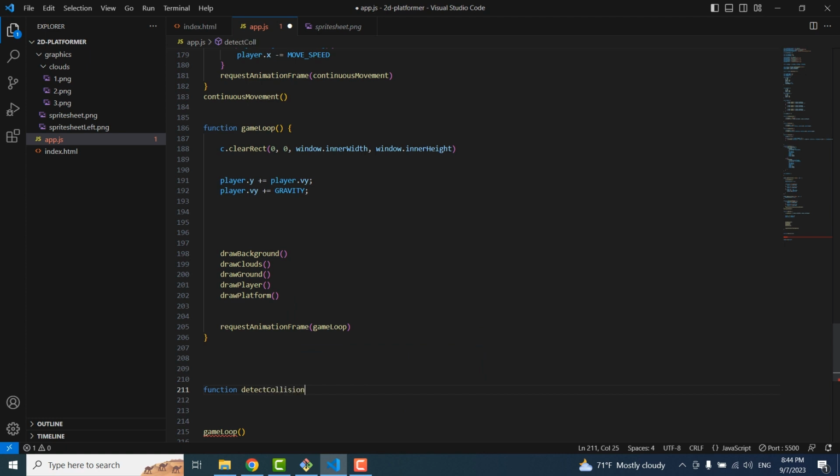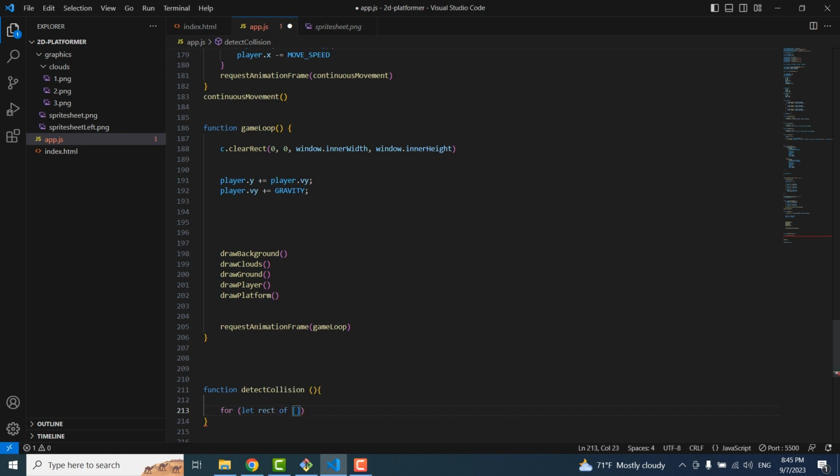Detect whether our player right now is colliding with any of our objects. And if he is, then we're going to want to do something about it. So for every rectangle